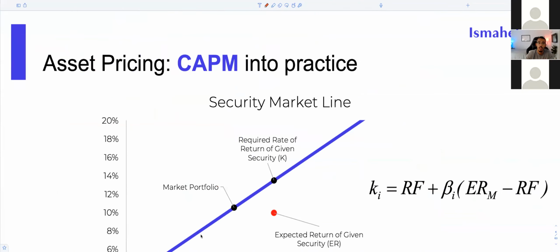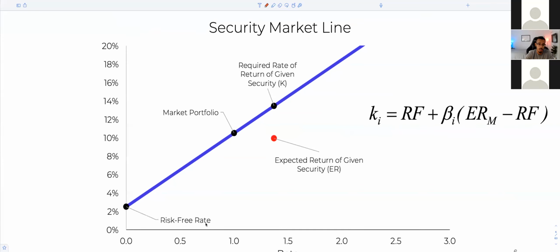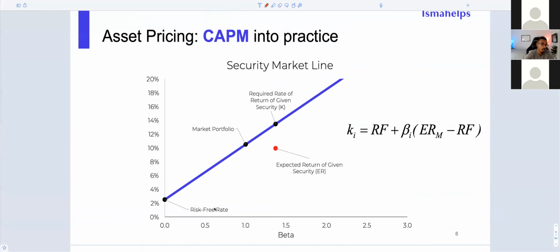Okay. Now, another thing to understand with, once again, our security market line is that we may need to do something called putting CAPM into practice. So essentially, how do we price assets using CAPM? When we think about it, CAPM stands for the Capital Asset Pricing Model. It's a tool used to find whether a stock is fairly priced, underpriced, or overpriced. Okay, so how do we do that? Well, it's really interesting, and this example is amazing. Okay, let's say that